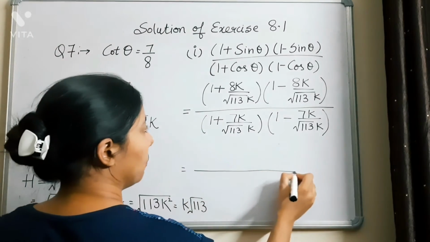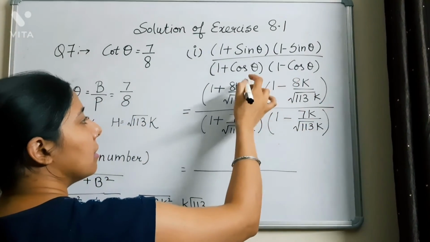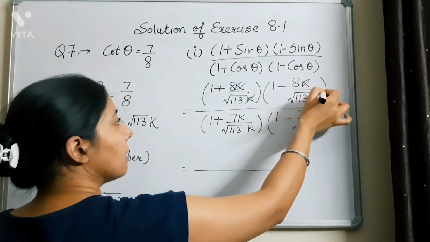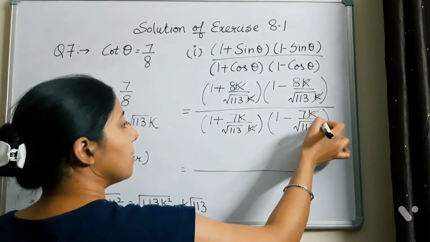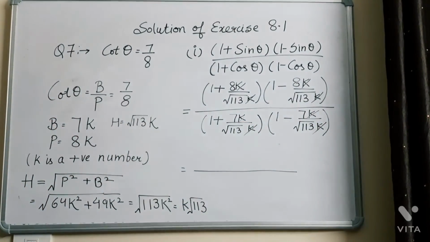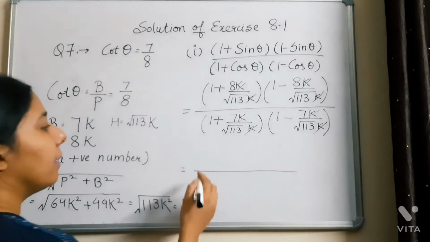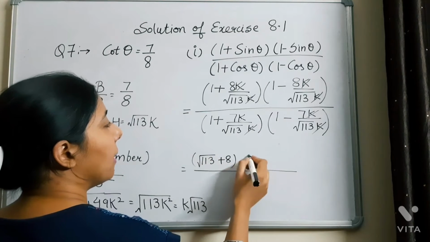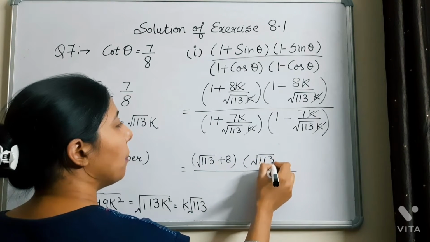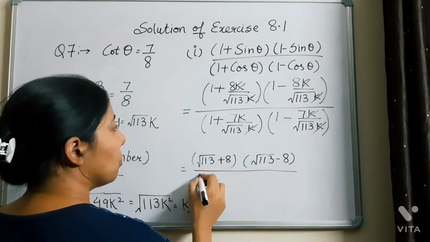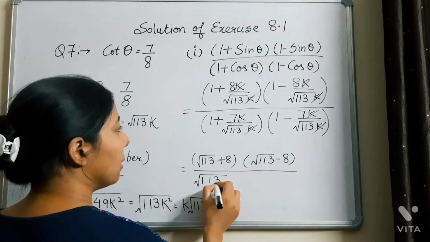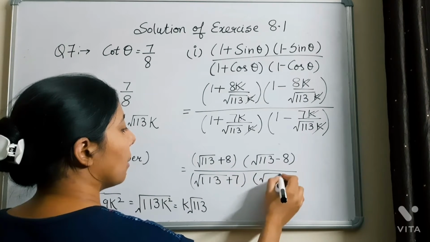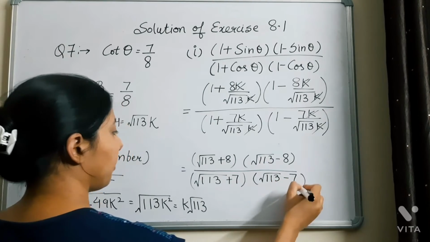Next you will solve this and solve this. This k will cancel this k, and likewise the other k's cancel each other. So what you are left with, I am making the calculations very easy and writing it this way: under root of 113 plus 8 multiplied by under root of 113. You people are in class 10th, so you can skip steps in the calculations and you are intelligent enough to write the calculations this way: 113 minus 7.